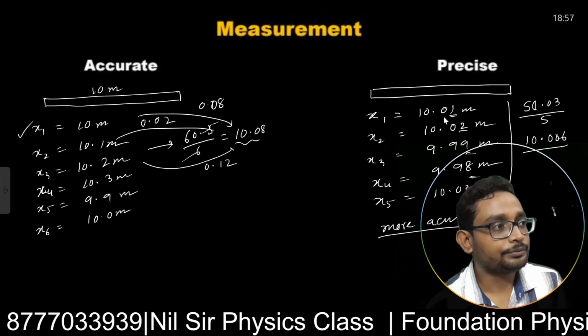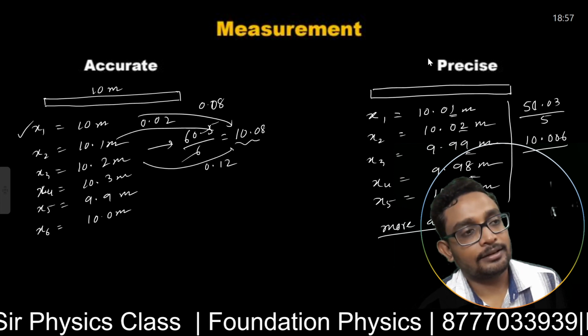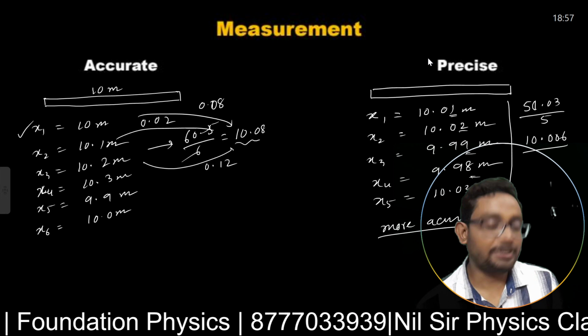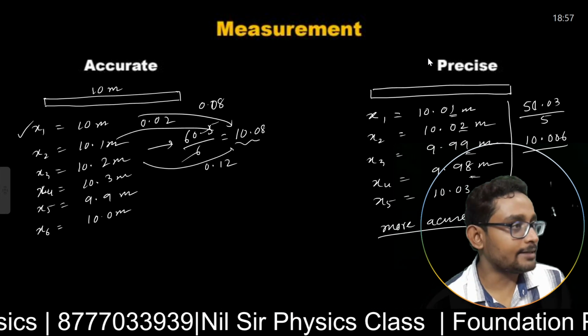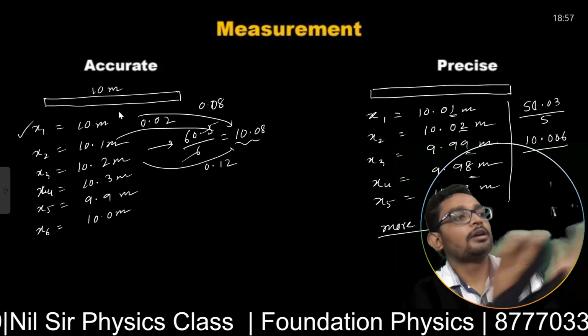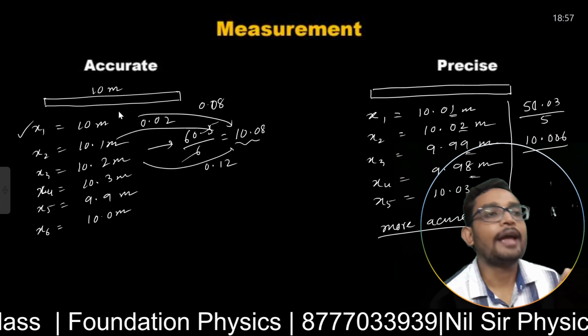The result will be called a precise result. Actual is maybe 10.0. So we can have a precise result, and this is accurate. When the spread is large from the actual value, then it will be called